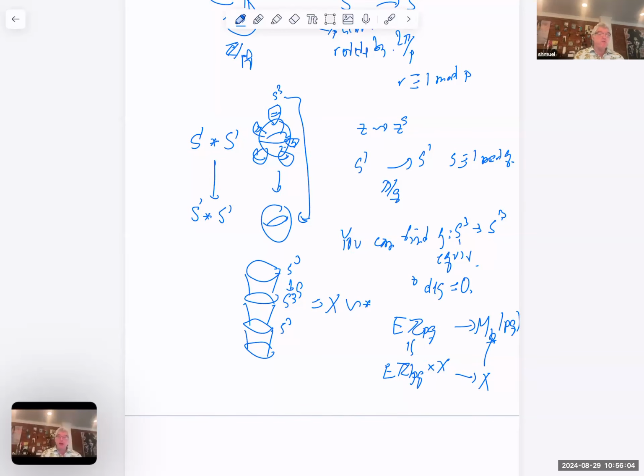Okay, so now you just go ahead and do it on the fixed set of Z mod P. You need the target to be simply connected, because in the fixed set this X is 2-dimensional. So if I just have a two-dimensional simply connected complex in the target, I'd have no trouble mapping to it. And then I do that for the ZP, I do it for the ZQ, and then